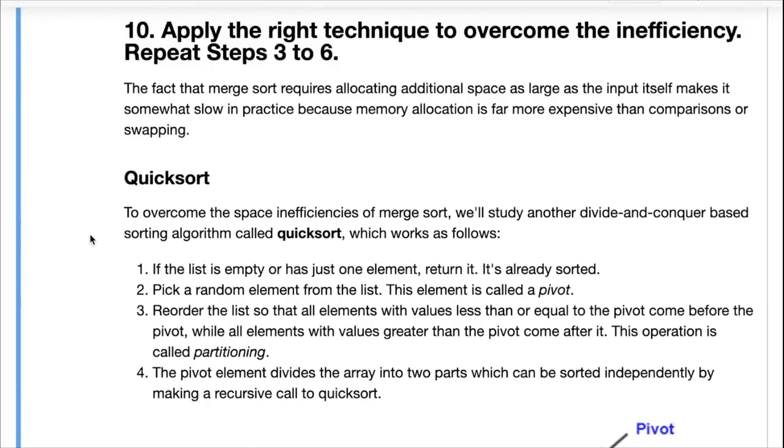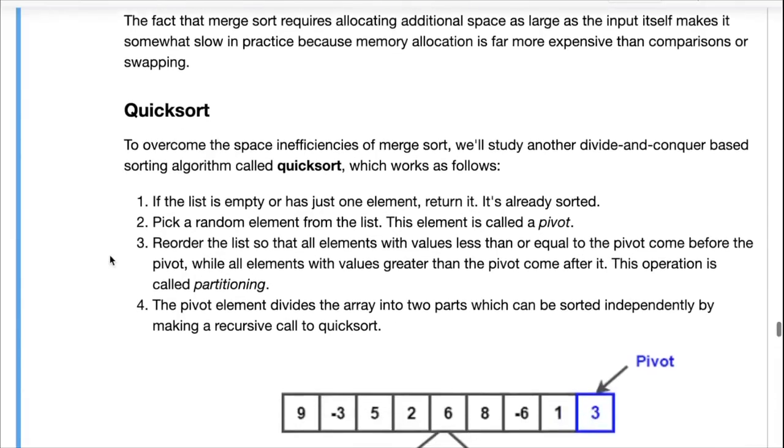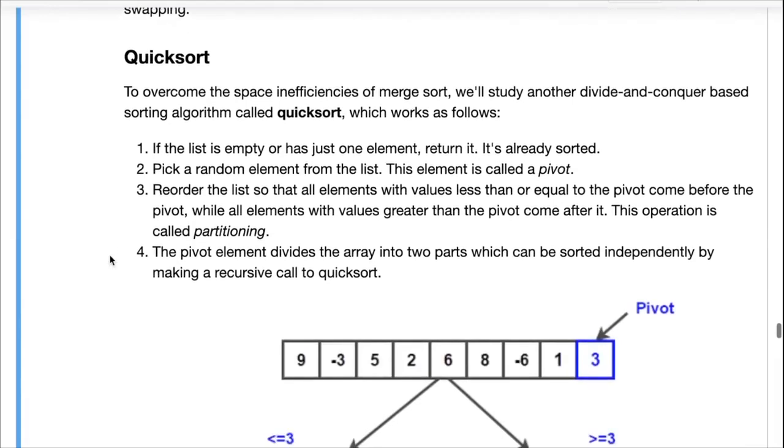And that is what may slow down your algorithm a little bit. It would still be n log n, but the constant factor, the cost of each operation, will be higher because it involves an allocation. Now, to overcome the space inefficiencies of merge sort, we will study another divide